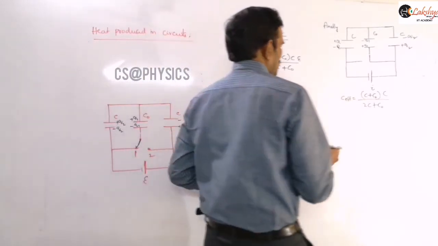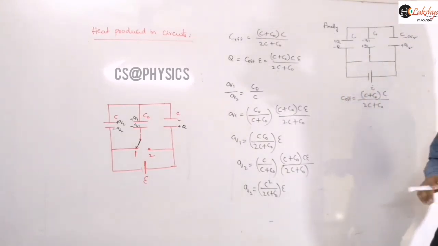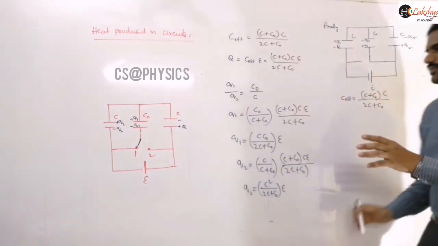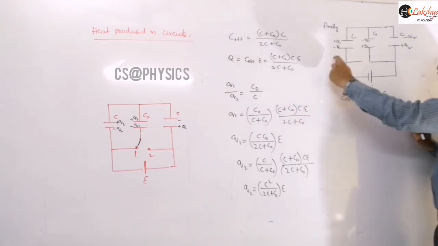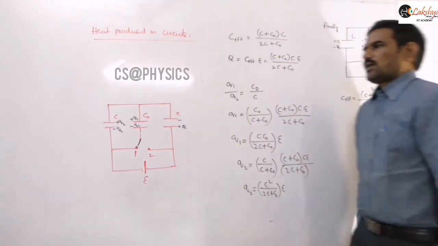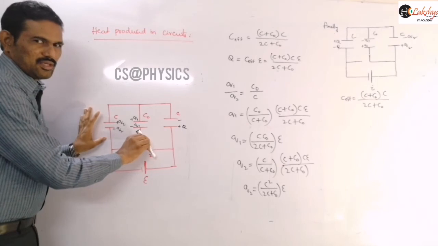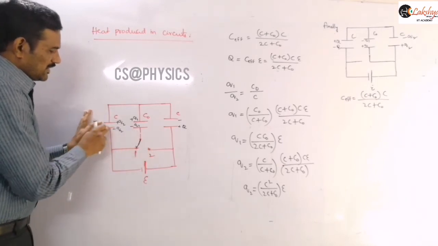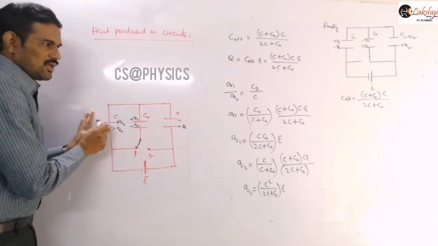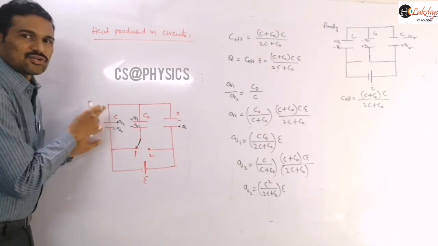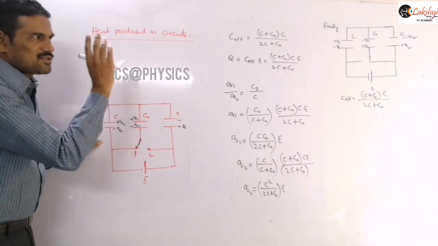So definitely some change is taking place here. You can observe it just by seeing the initial and final charges. Initially on this plate, minus Q2 is there. Now when this is in steady state, we shift the switch from here to here. When you shift the switch, the charge on this plate can't flow along this direction; it can flow only along this direction. But you can observe that the final charge on this plate is not minus Q2. The final charge on this plate will be plus or minus capital Q, as we are getting here.